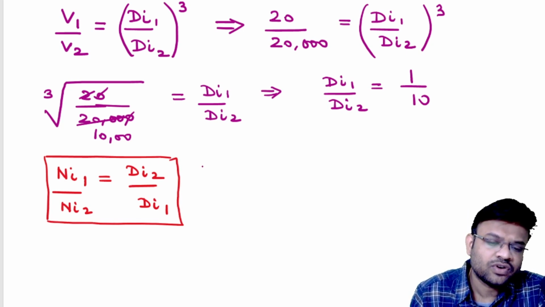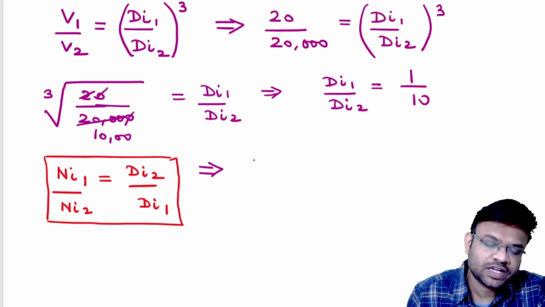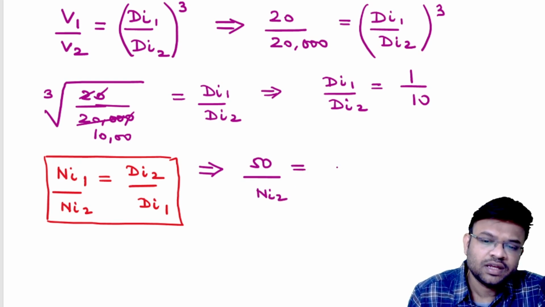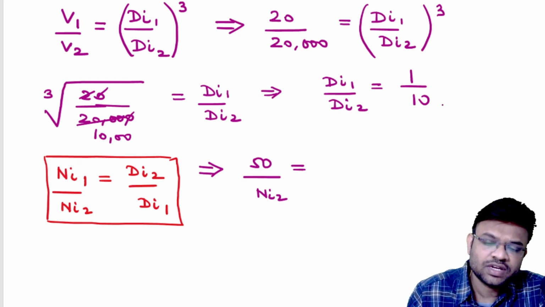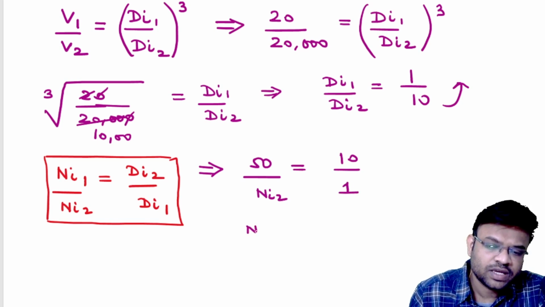The value for Ni1 has been given, because the impeller frequency for the smaller fermenter, or the model fermenter, was given as 50 rpm, and Ni2 we have to calculate. di2 by di1, the ratio we can just reverse, is 10 upon 1, and in this way Ni2